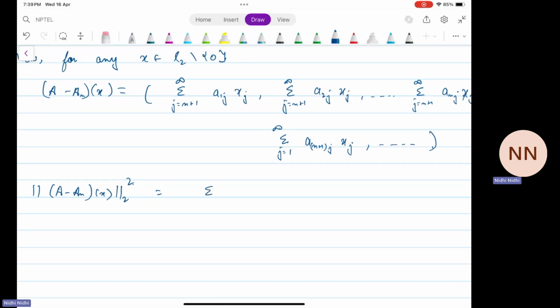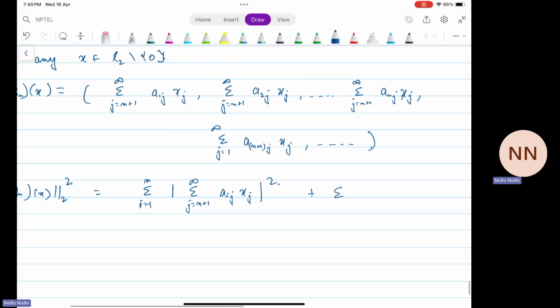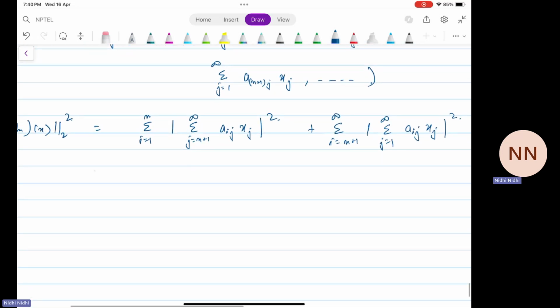This is summation i from 1 to n, modulus summation j from n plus 1 to infinity a_ij x_j square, and for the rest of the terms, i from n plus 1 to infinity, this is summation j from 1 to infinity a_ij x_j whole square. Now again we'll be using the Cauchy-Schwarz inequality. By Cauchy-Schwarz, this is less than or equal to